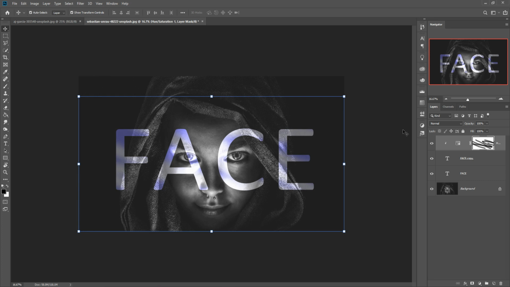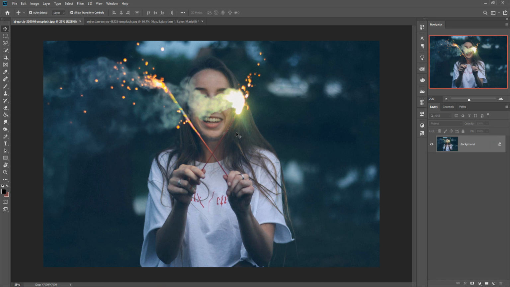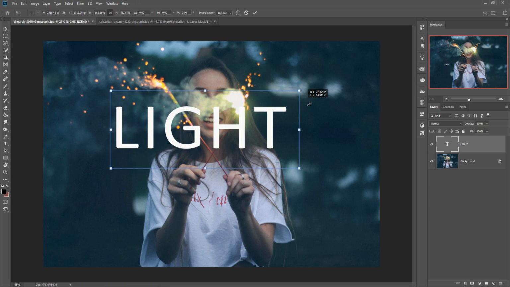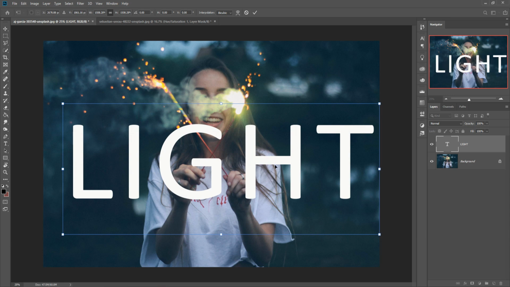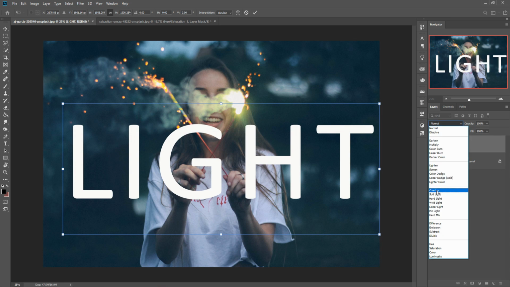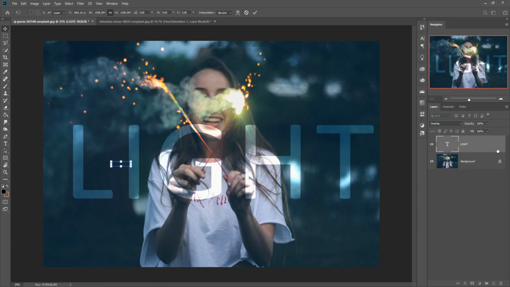now this one is done in the black and white area, and now we are going to use this same thing in the color area. This one is a model image, and take text again and write down here anything, such as light. Increase the size of your text, place it in the perfect area, and go to blending mode and set this one in overlay. Make this one duplicate